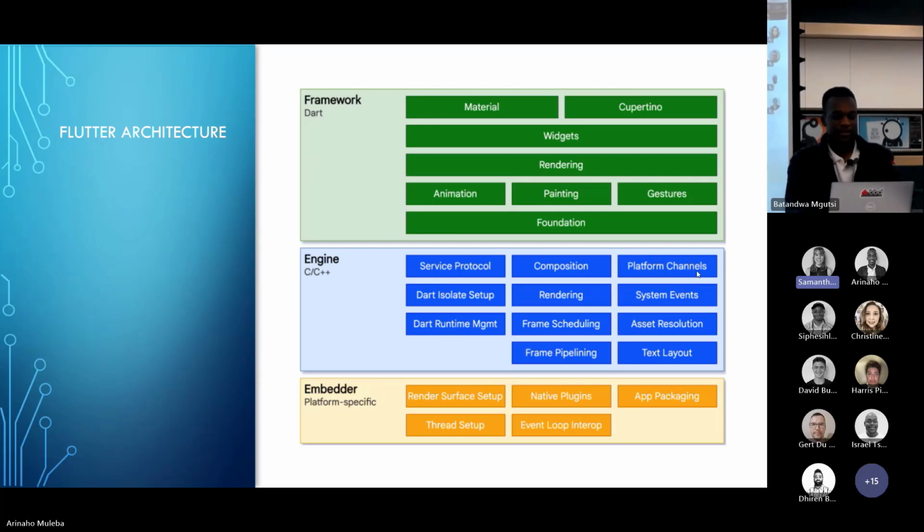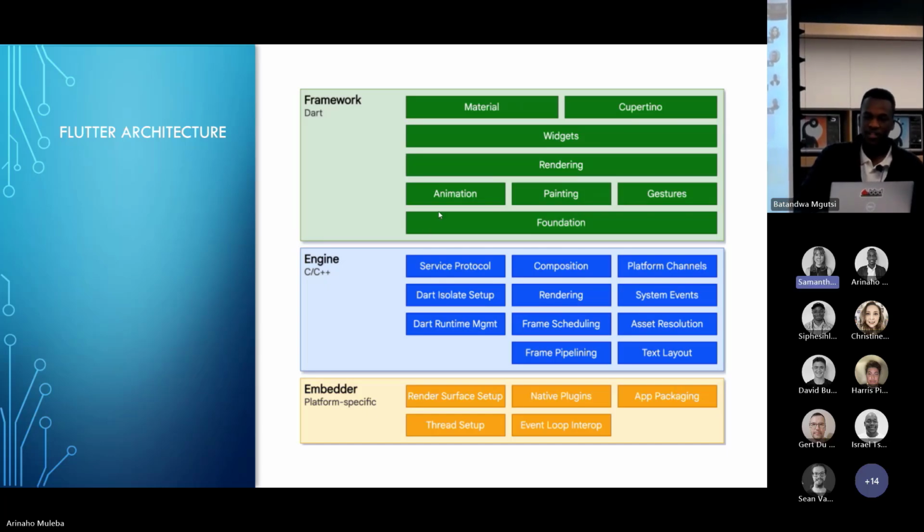Now let's talk a little bit about the Flutter architecture. It's made of three simple layers. You have the embedder, which is the platform-specific code to embed your Flutter app with the host OS, so that would be the web, Windows, or whatever operating system. Just above that, you have the Flutter engine. It's written in C++ and it uses a high performance 2D graphics engine called Skia. It was also built by Google and was first released in 2006, I think. This layer is also responsible for running your Dart code.